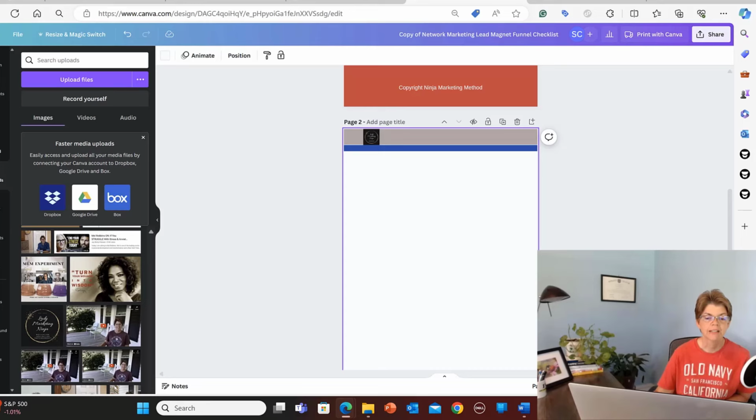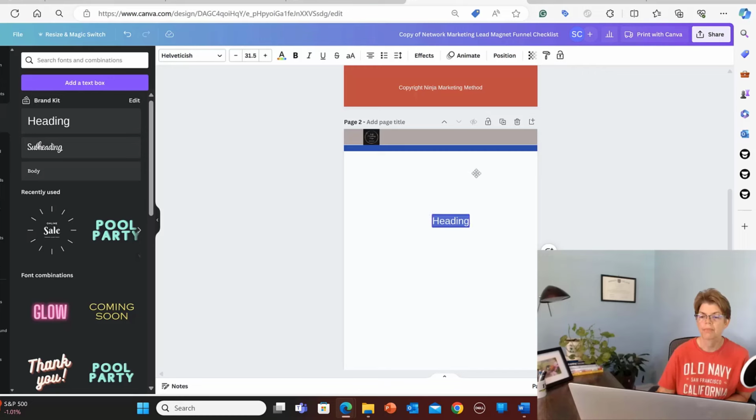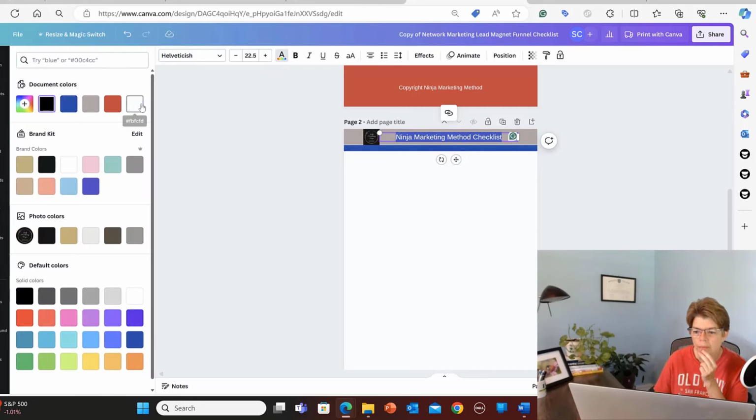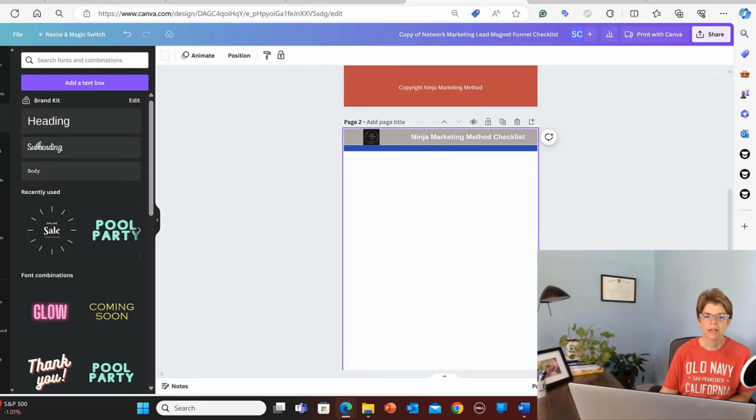And now let's add text to this. Let's pick heading again. Let's make it smaller so it all fits. That looks good. Let's make it larger so I can highlight everything, and let's make it white as well. Now, I want it right in the center, right there. Highlight it again and make it bold so it has a little pop to it. There. And now I'm going to do the same thing at the bottom, except for the bottom I'm just going